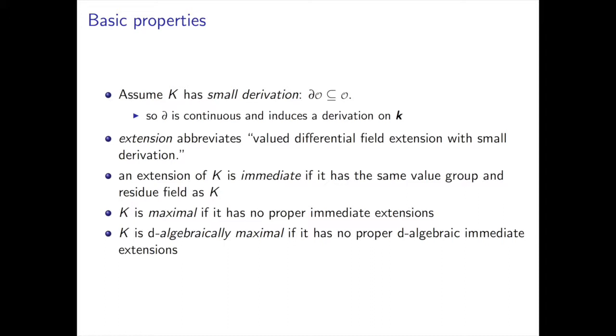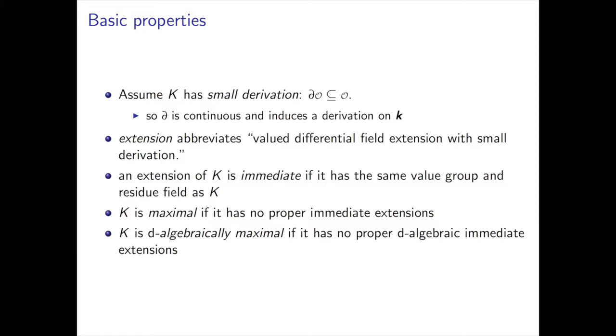So if we're going to prove a similar result, we're going to say, suppose you have two small differential value fields with the same residue field and the same value group. Then you don't need to add anything to the residue field property to the value field and the value group? Well, we'll see. We haven't seen the new theorems yet, right?